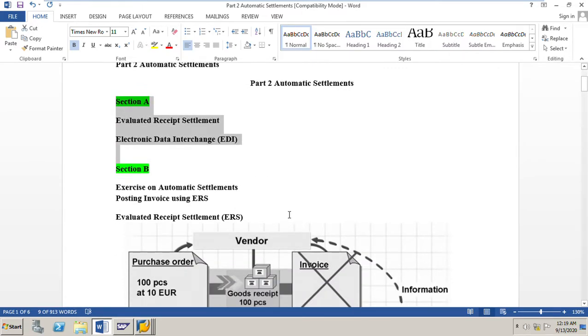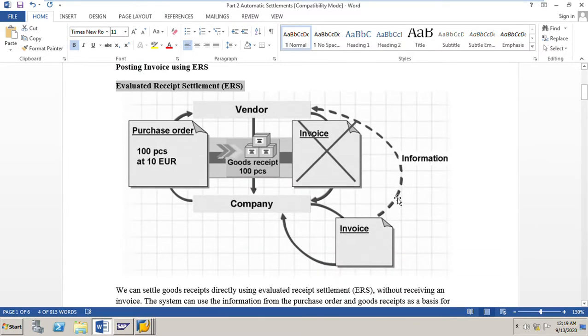Here, first we should know what is evaluated receipt settlement, or ERS. If you see this figure, there is a PO for a certain material, quantity 100 pieces at 10 euro per piece. The vendor delivers all the 100 pieces of the PO and GR is already posted.